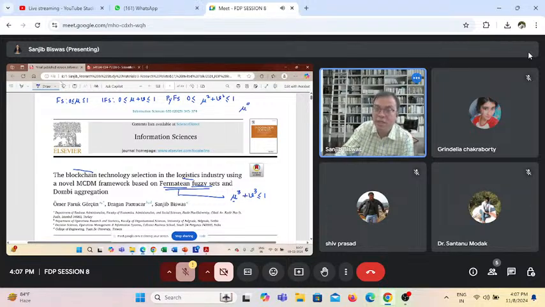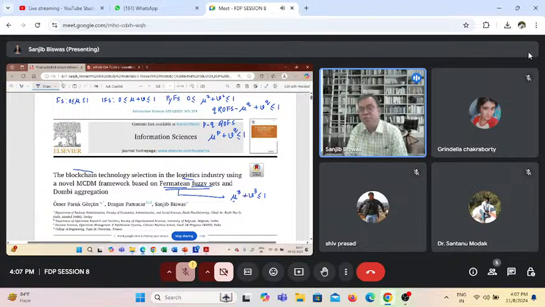In case of Q-rung, it is mu to the power q plus v to the power q less than or equal to 1. We call it a Q-rung orthopair fuzzy set. And there is a recent addition, the p,q-quasirung orthopair fuzzy set, where we have mu to the power p plus v to the power q less than or equal to 1. So the intuitionistic fuzzy set family has been extended over the years like this. In this particular case, we have Fermatean fuzzy sets used. And obviously you understand this is a subjective expert opinion based study. So for aggregation purpose, we use Dombi aggregation.